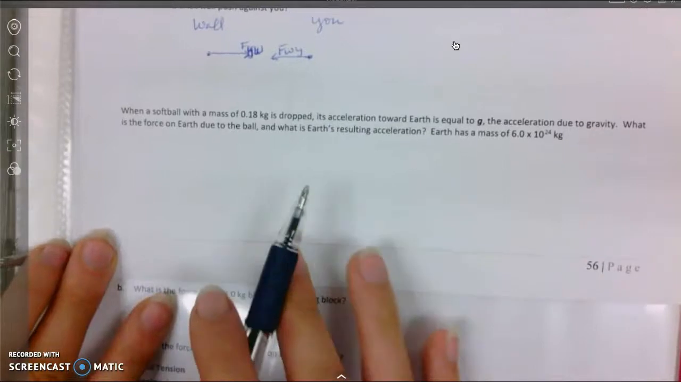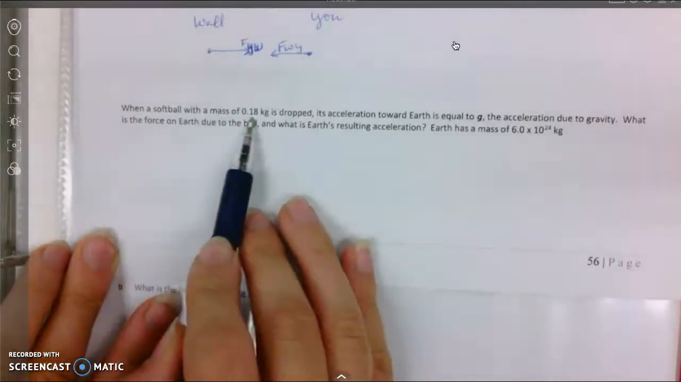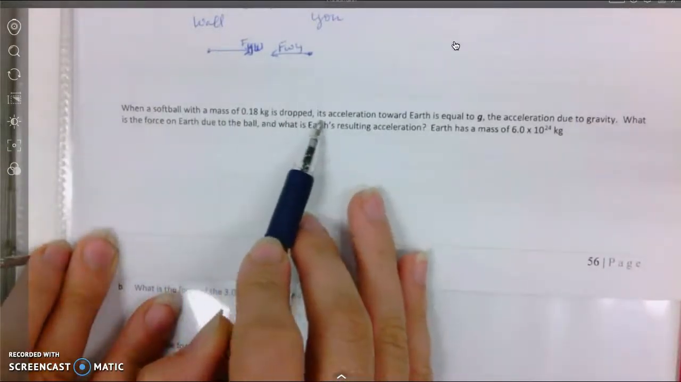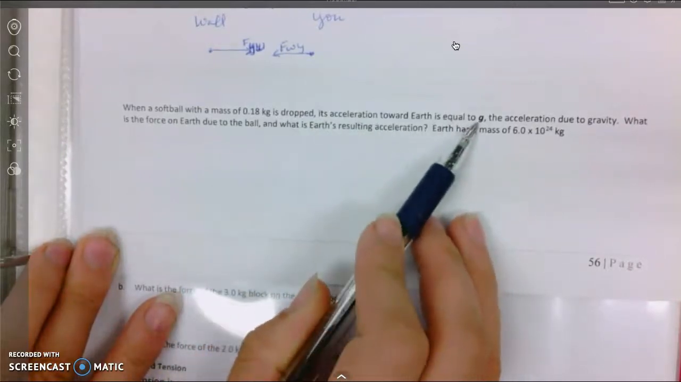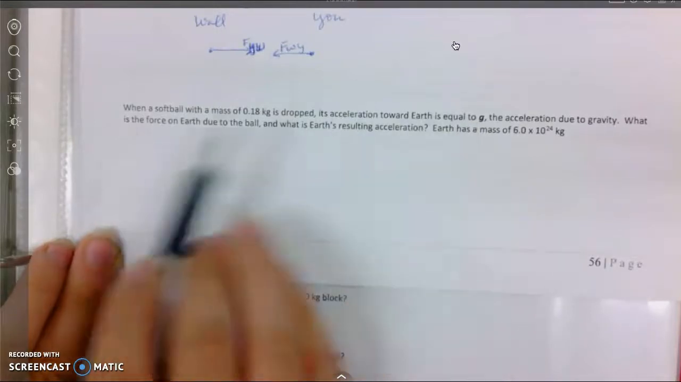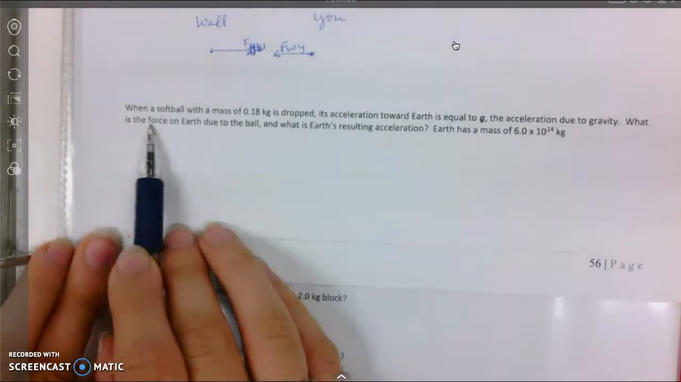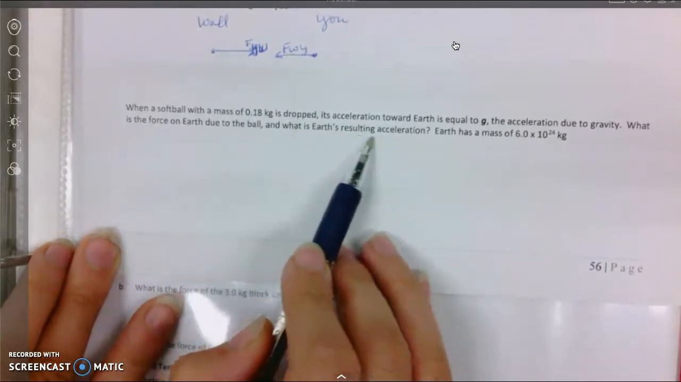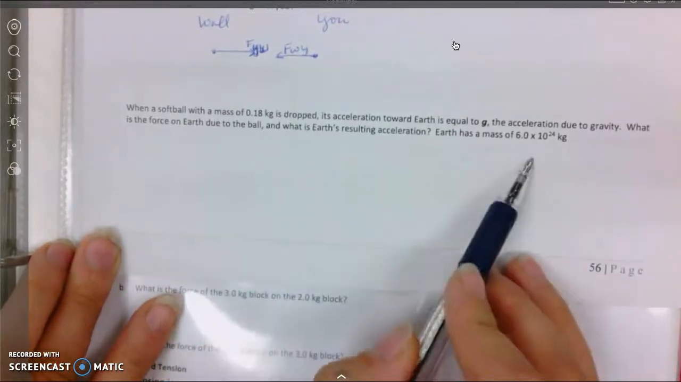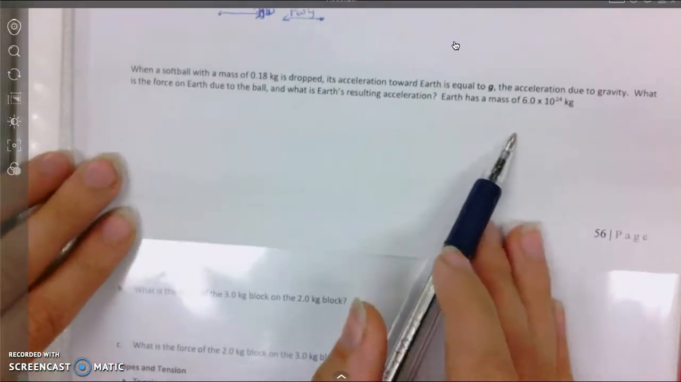Okay. When a softball with a mass of 0.18 kilograms is dropped, its acceleration towards Earth is equal to g, the acceleration due to gravity. What is the force on Earth due to the ball, and what is the Earth's resulting acceleration if the Earth has this mass? Okay, so we have a softball,